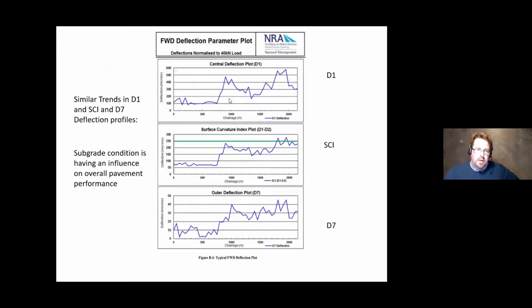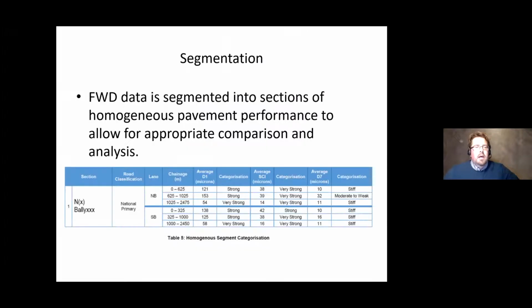So the D1 and SCI are affected by your subgrade performance. And again, I can stress this is why it's important to have that D7 in the right place so that you're getting these profiles and that they match up. So when the FWD analysis is carried out, they'll segment it into manageable depths, so you can actually carry out